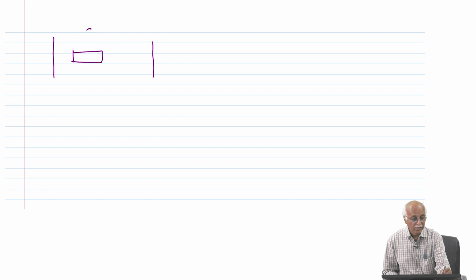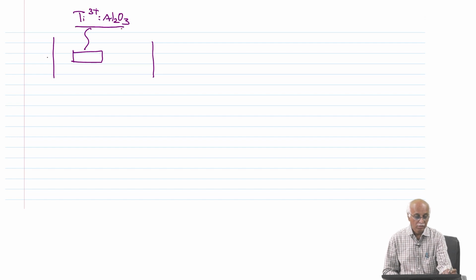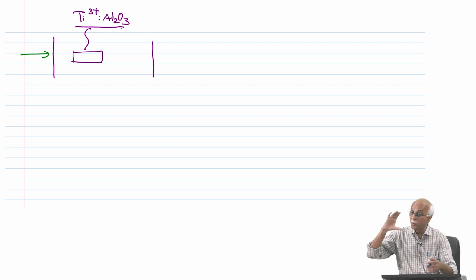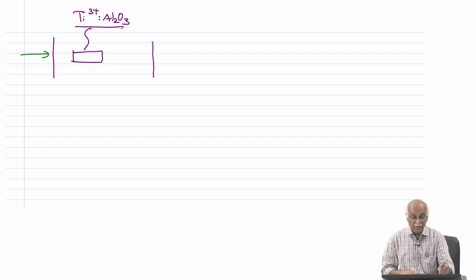So, let us say this is a titanium sapphire crystal, okay, and now you are pumping it. So, let us say there is a pumping of this crystal with a green color, right, it is getting excited. Now, it will emit many photons, and since it has a broadband gain width, it will emit photons